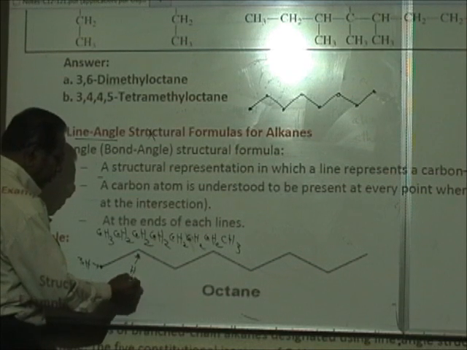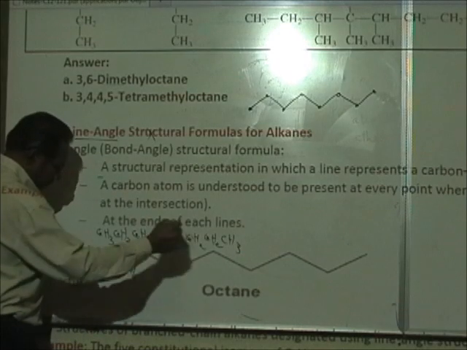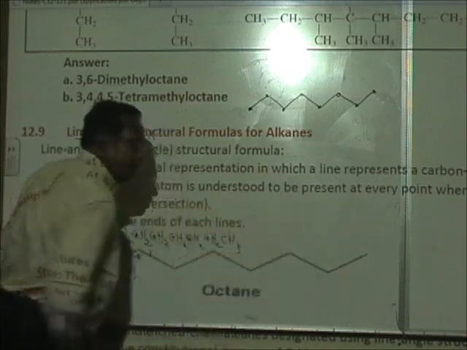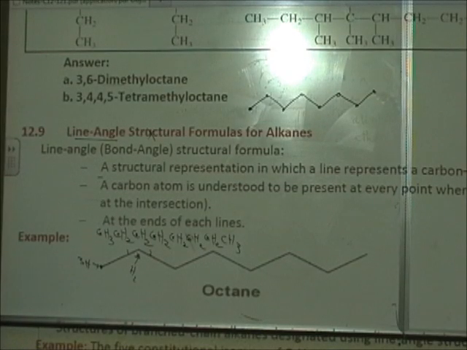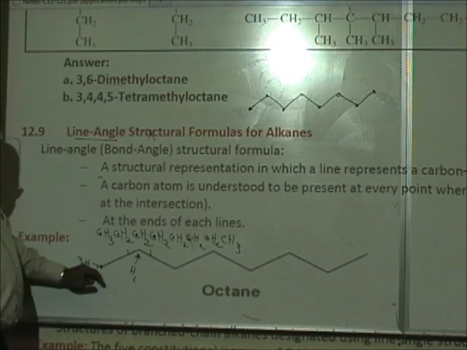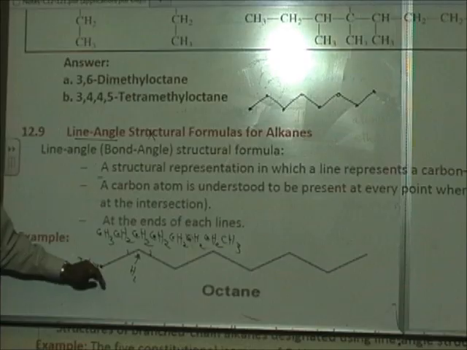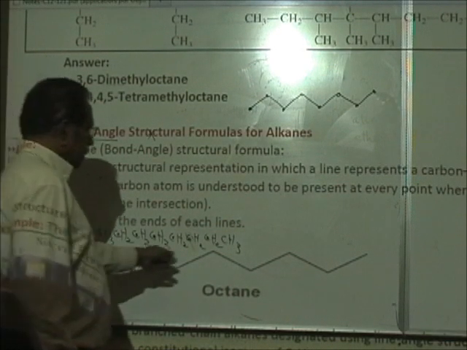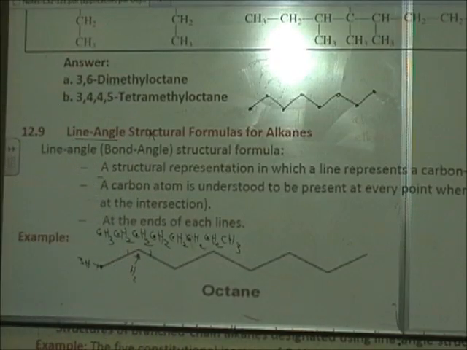Because there are 1, 2, and 3, 4. And 2, 2, 2, 2, and the carbon atom here is called a terminal carbon atom, right? A terminal carbon atom most of the time has 3 hydrogens, and the middle carbon atom would have at least 2. Okay. Now we got that idea about